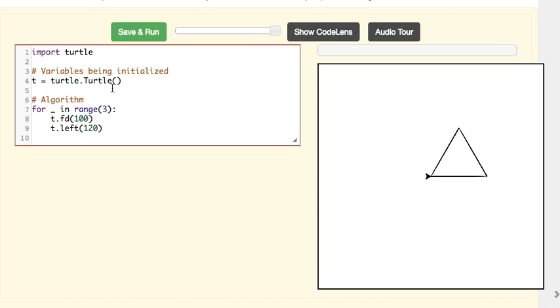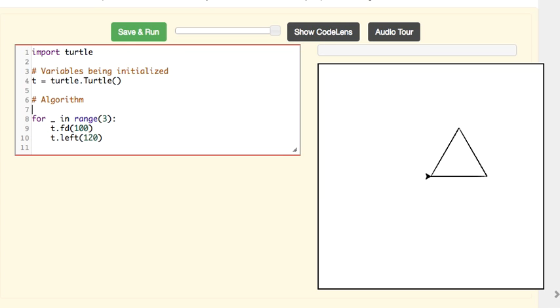It's pretty simple. What you want to do is right here in the algorithm, you want to say the turtle name t.color, and if we put the first color as being red, then we run it, you'll notice now the pen color is red. The way to get the fill color going is you put a comma. Each of these pieces of data that you're passing to the method color are called arguments. So the first argument is the pen color. The second argument is going to be the fill color. So if I run that,